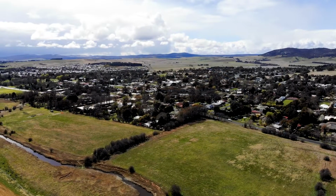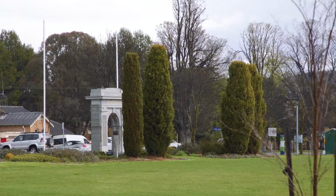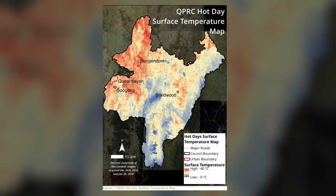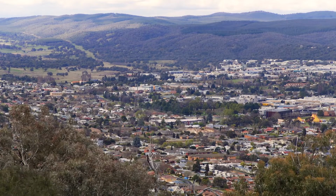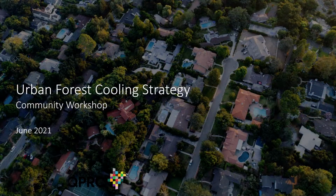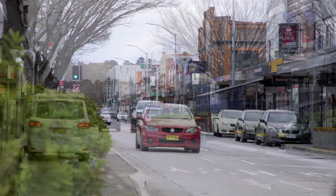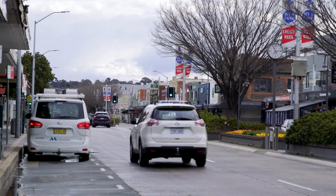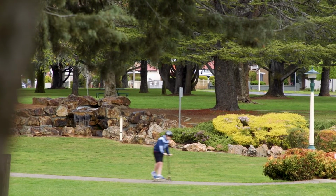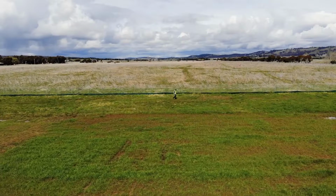There were 4 key elements of this project. The first step was looking at what already is in place. Secondly, we then had to start doing some heat mapping and see how heat is distributed around the LGA. The third bit of the project was to then look at an urban forest strategy, a holistic approach to cooling our urban centres. Fourthly was our work with the vulnerability analysis of our current urban trees and also looking at what to plant